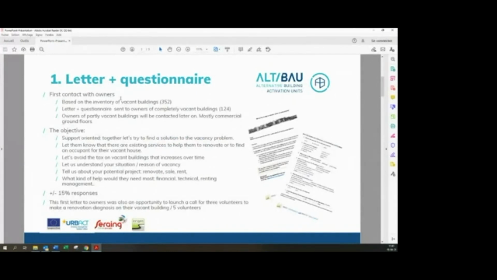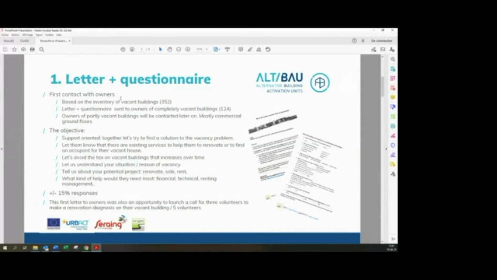Concerning the contact with owners, the very first thing we did was to send a letter and a questionnaire to owners of vacant buildings. It was based on the inventory of vacant buildings we had made. We have this inventory of 352 potentially vacant buildings. And we focused first on the completely vacant buildings, which were a bit more than 120,